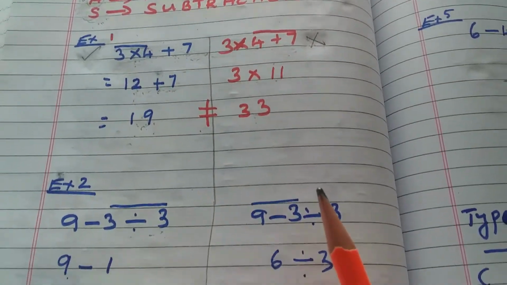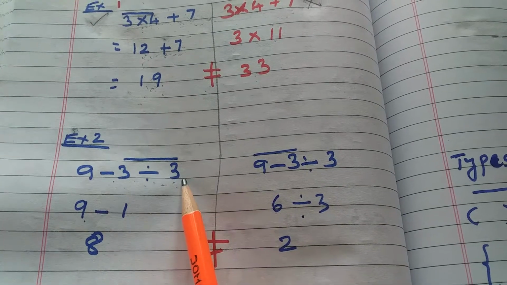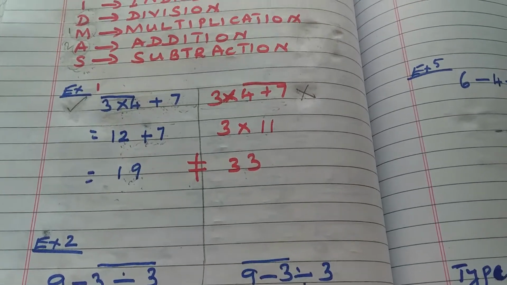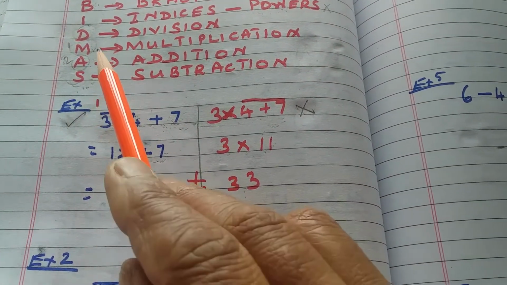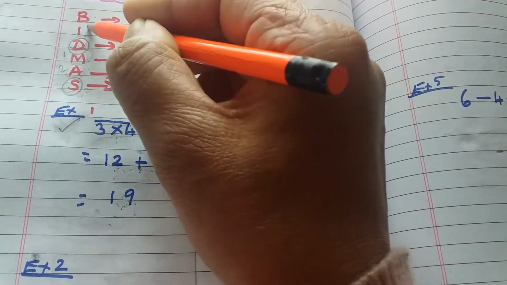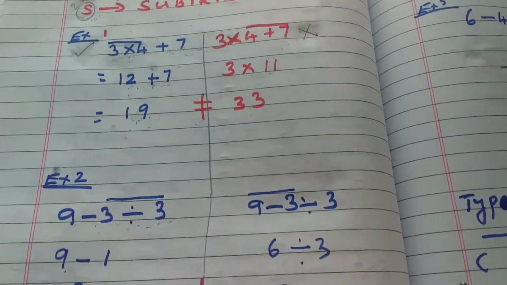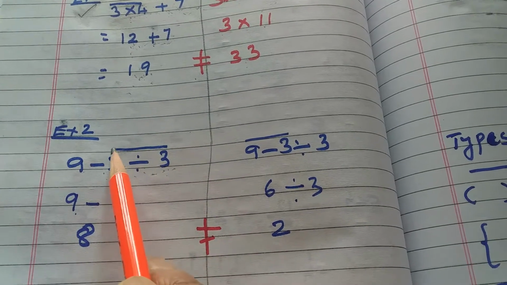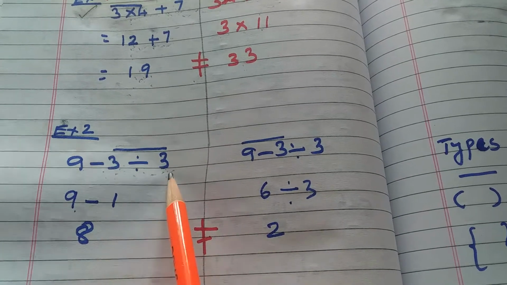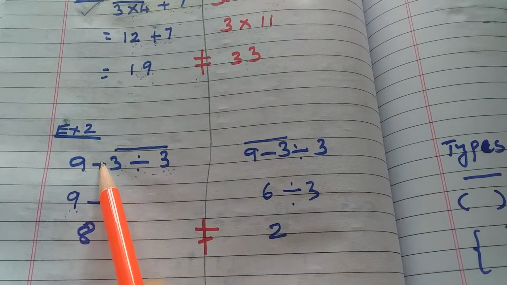Now we'll see one more example. A few more we'll see so that you understand better. Next is 9 minus 3 divided by 3. So we have the operations subtraction and division. Which operation has to be done first according to the order in the rule? Division first, subtraction second. So we'll be doing division first. 3 divided by 3 is first. Put a bar for it. This line is called a bar. That means we are going to perform the operation between these 2 numbers first. And the rest of the numbers we write as they are: 9 as it is, minus as it is.